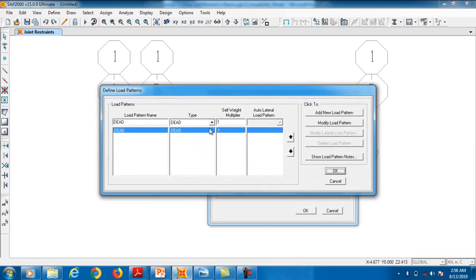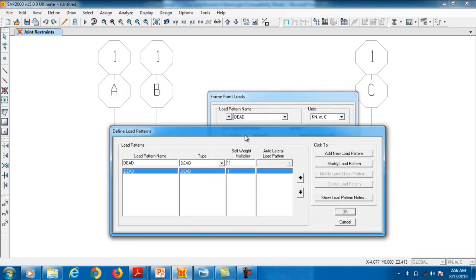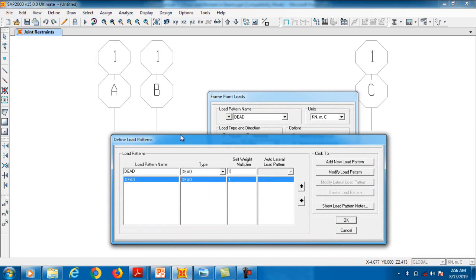Here you can see the self-weight multiplier. If you leave this option as 1, SAFE will take the self-weight of the beam, and if you set it equal to 0 and then press Modify Load Factor,